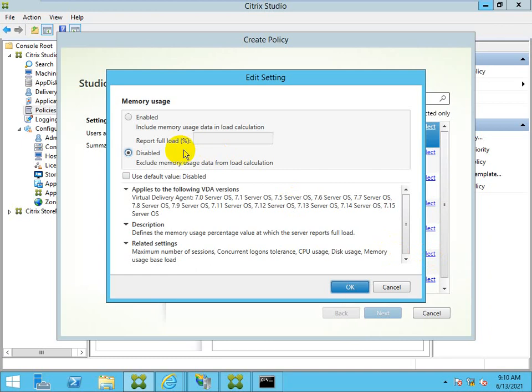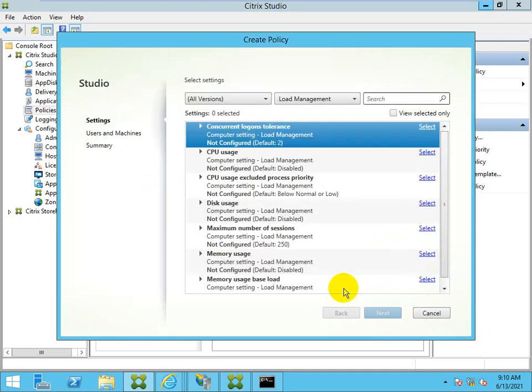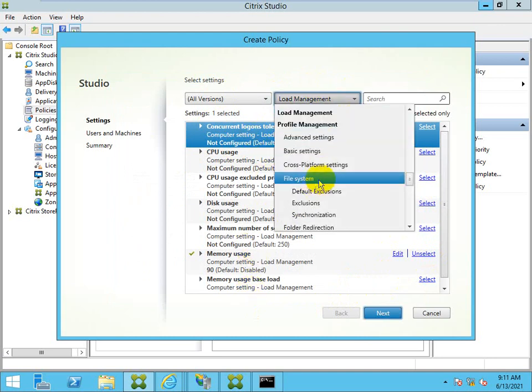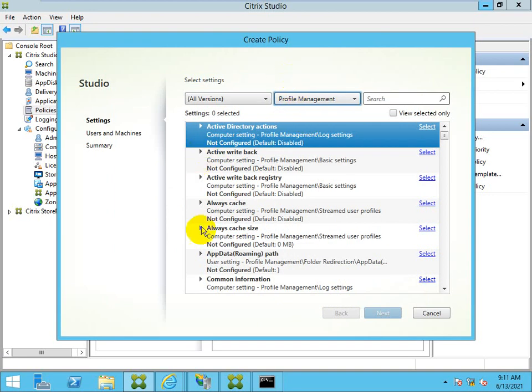Keep alive is a policy setting for ICA. This is load management, and these are the load management policies. Apart from this, you can see profile management, and these are the profile related policies.